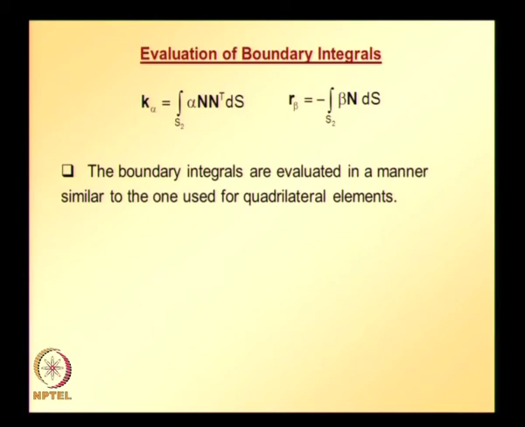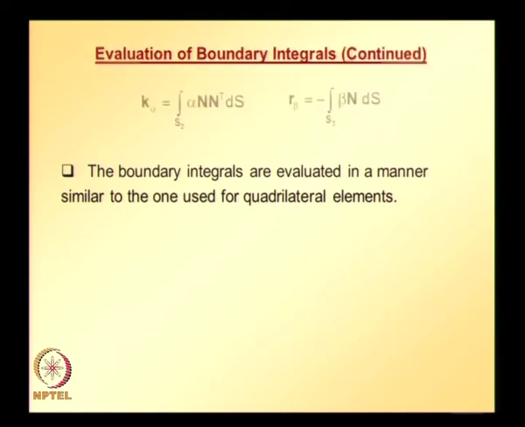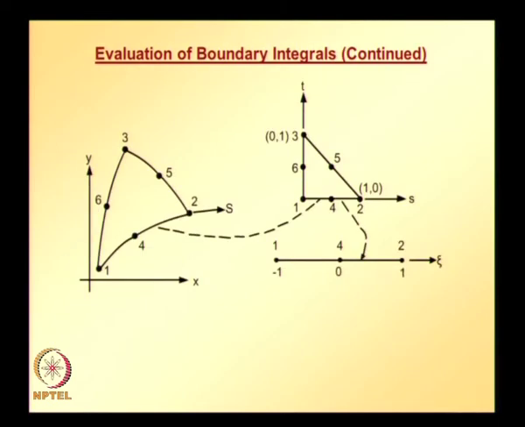The boundary integrals are evaluated in a manner similar to the one used for quadrilateral elements, and this is how we are going to map a 6 node parent element. The mapping of the physical element to the 6 node parent element is illustrated in the figure. Side 1 2 of the physical element is mapped onto side 1 2 of the parent element,